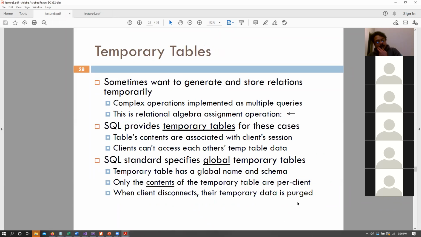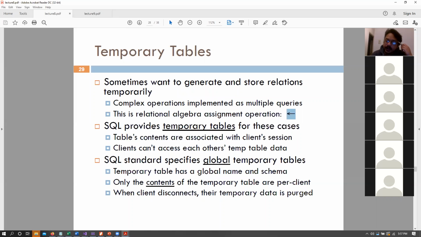Okay. Temporary tables. We did talk about this a bit before, but in essence, temporary tables are basically computed results that you store in some table, and that table can then be purged after the session is done. If you remember in your relational algebra slides, we had that left hand arrow operation, right? So creating a new temporary table is basically this left hand arrow thing. Essentially it creates a new variable and assigns the result of our relational algebra operation into that new variable.